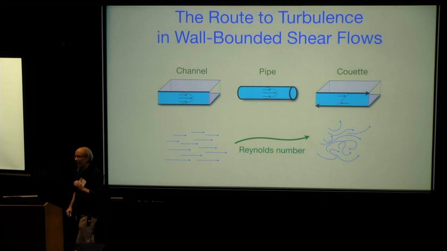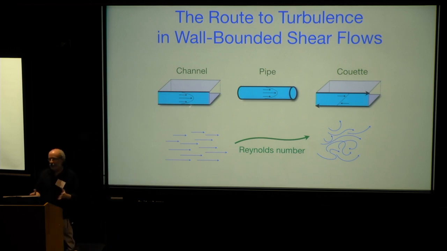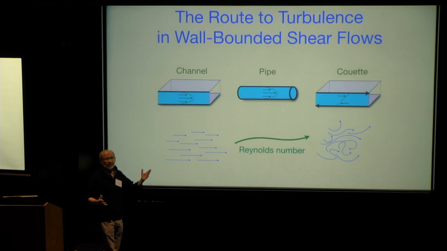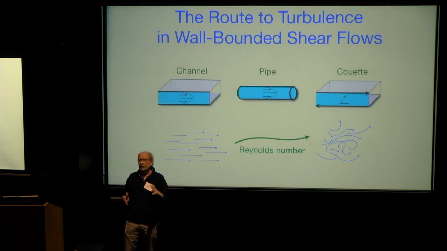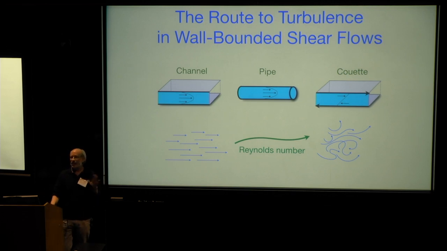Just to put this in perspective a little bit, if you had gone to a meeting 11 years ago, and I was at a meeting 11 years ago in Cambridge in 2008, the view of how wall-bounded shear flows such as pipe flow and channel flows become turbulent was very different than as we understand it now. It's not that the ideas weren't there, but we had no successes, just huge arguments. There was a question whether there was even a finite critical point for any of these flows. It was just a lot of debate and a lot of non-understanding. And this has completely changed in the past 10 or 11 years.